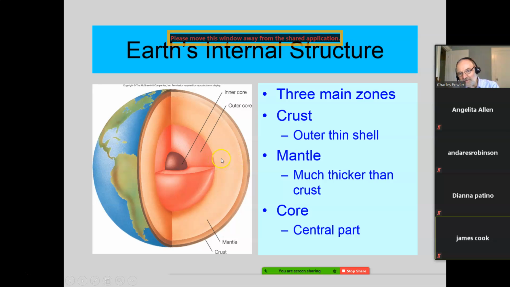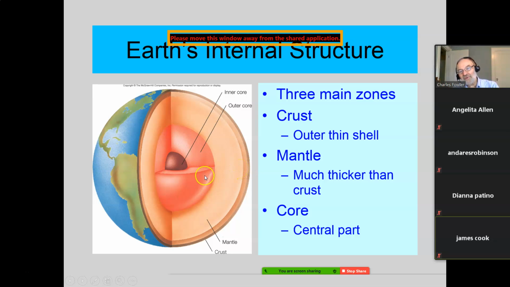That is the biggest part of the Earth. Now, they're showing two different colors here for the mantle. There is a reason for that, okay? This is called the upper mantle up here, the lower mantle here. And we'll talk about this line in between. We'll also talk about the line between the crust and the upper mantle. There's also a line between the upper mantle and lower mantle.